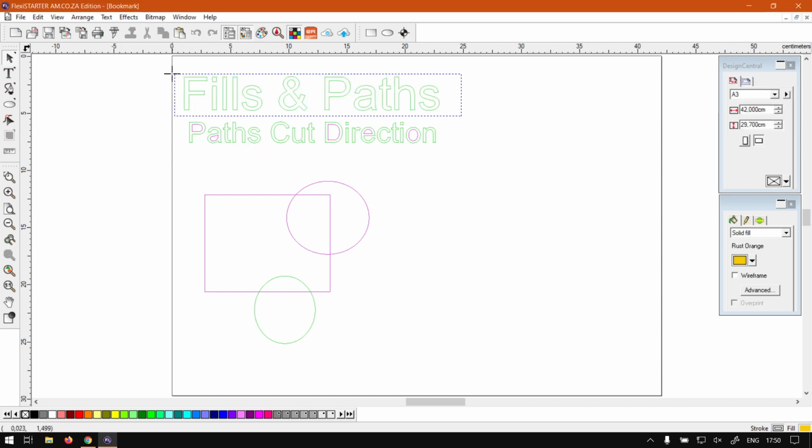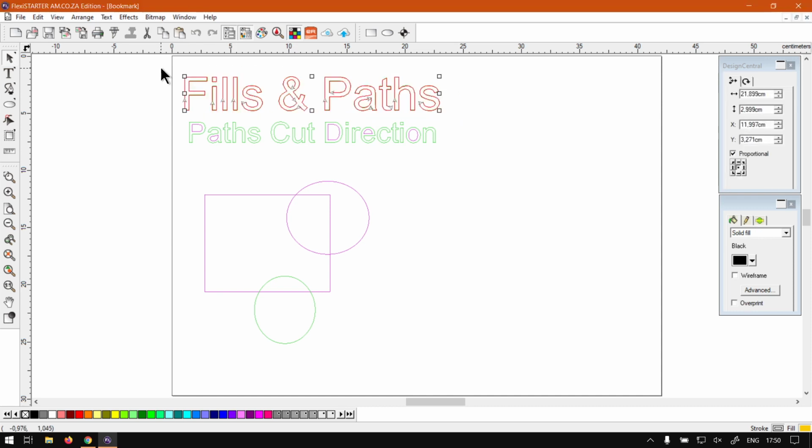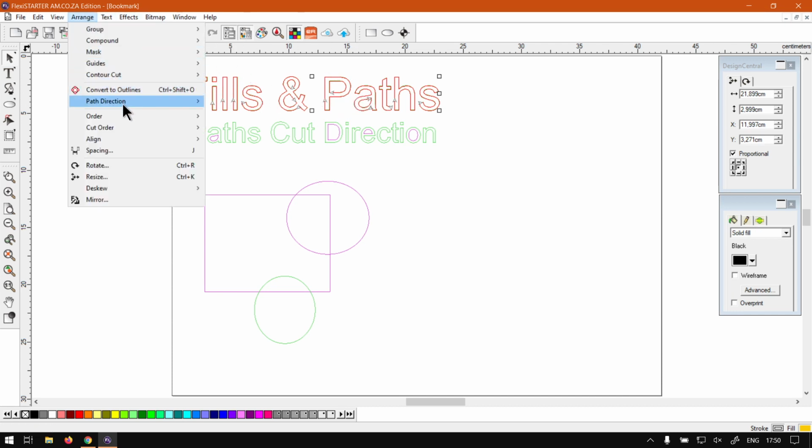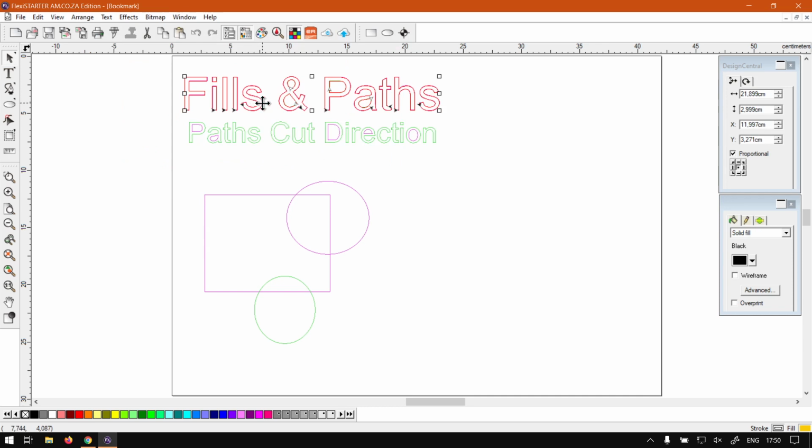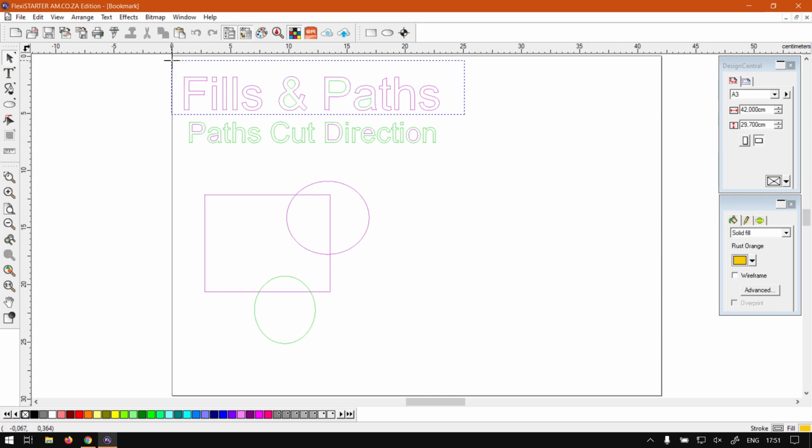Now, what we can also do, however, is we have everything selected and we want to automatically detect what is inside shapes and what is outside shapes. You can also go to arrange, path direction, and we go automatic. So the top setting here. When we select this, you will see automatically it will decide now what is different shapes. So now currently it will be cutting all our outside shapes counterclockwise. Now inside shapes clockwise,